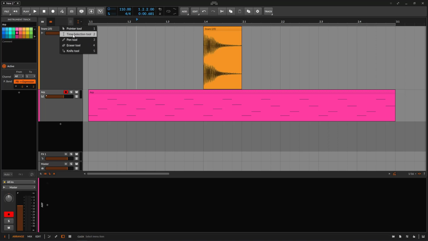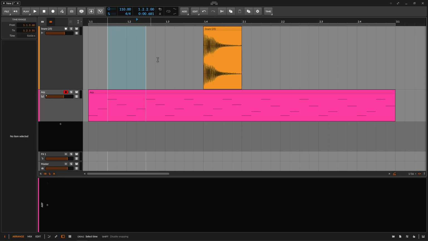So I'm going to be standing right here on the time selection tool. This one shares functions and a lot of the things we already covered with the pointer. But the purpose of this one is that we can make a selection in time of different things or just one little thing. So if I start right here, I'm going to be dragging, selecting this part in the timeline